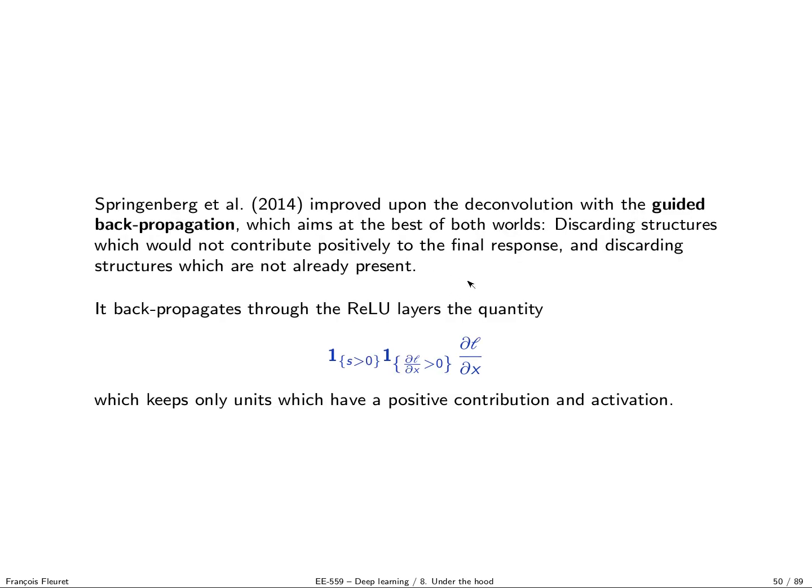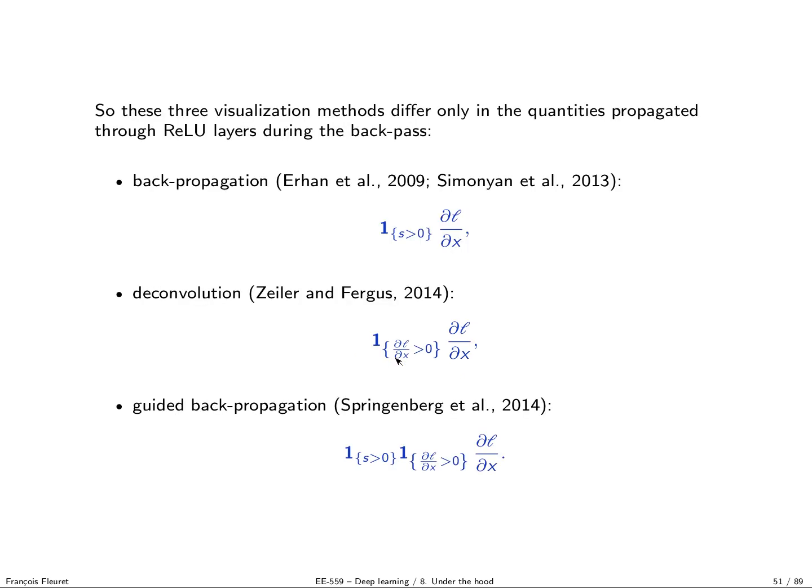And finally, there was an extension of Zeiler's deconvolution network in 2014 called guided backpropagation, where they take both. So when they go through ReLU, they are going to multiply the derivative of the loss with respect to the output of the ReLU layer by both the derivative of ReLU, which is this guy, and by an indicator function of this quantity impacting positively the quantity of interest. So now we get those three variants.